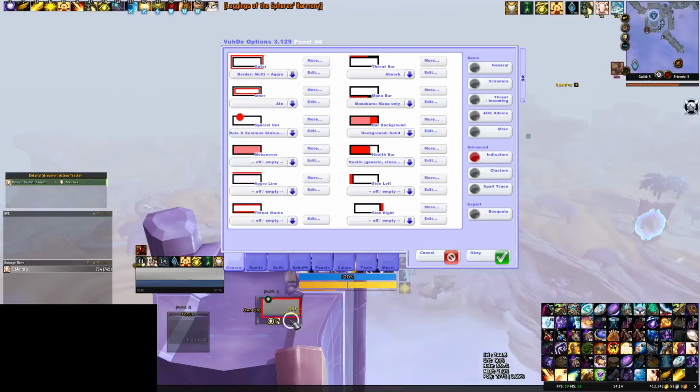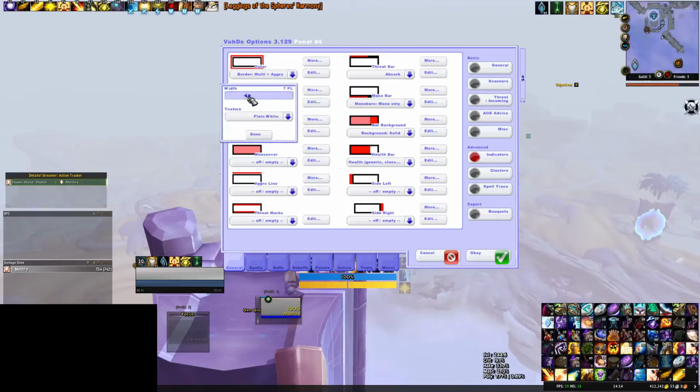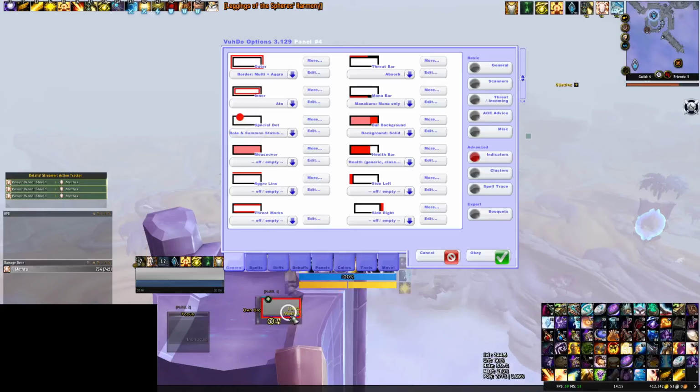Now the Atonement people indicator is not an icon that you can track below the unit frame, but just a red glow of the unit frame for people that have it. You can change the thickness of the glow. I think at least 2 points, but 2 points is still a bit too low for me. 6 points would be the max, and usually I just choose 4 points. I think that's the right